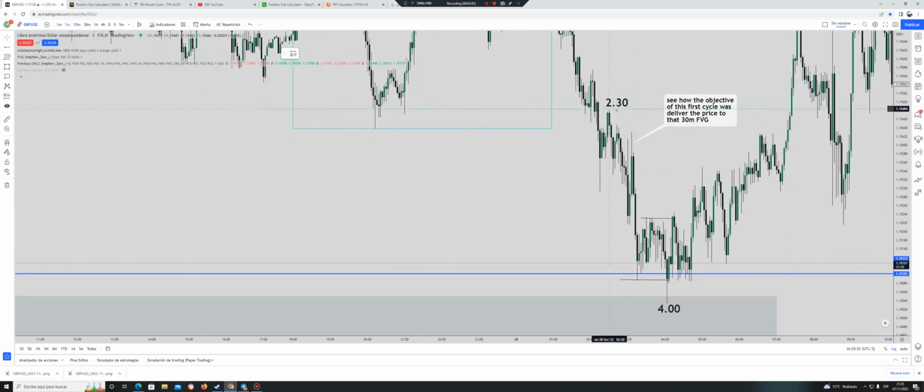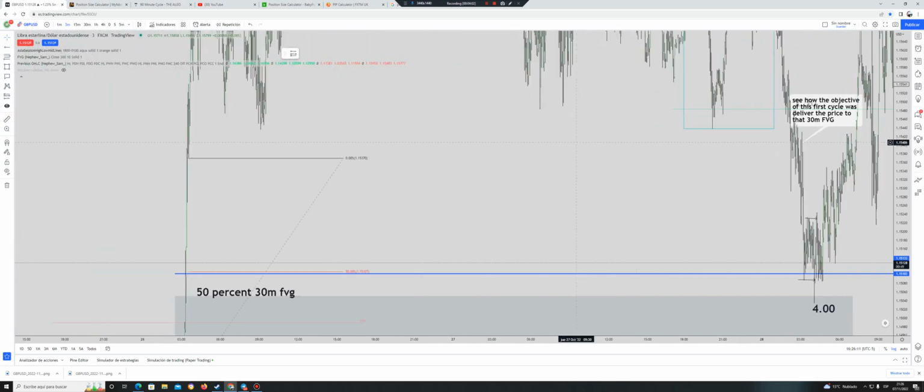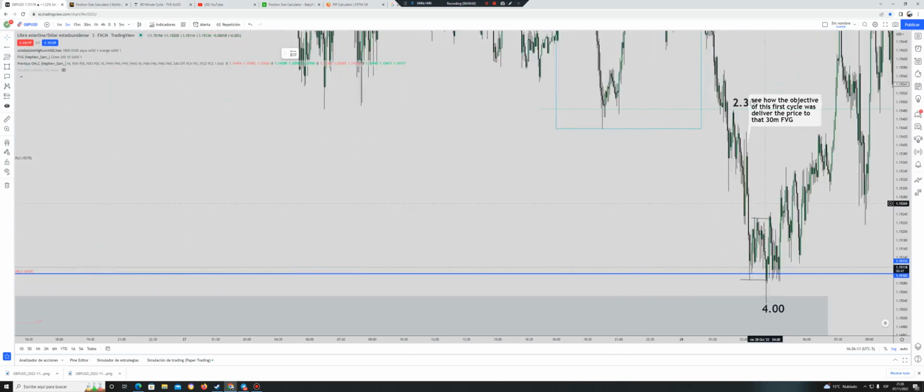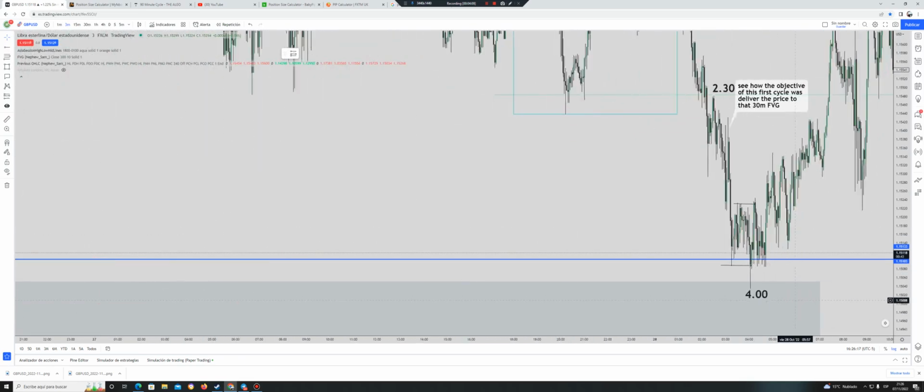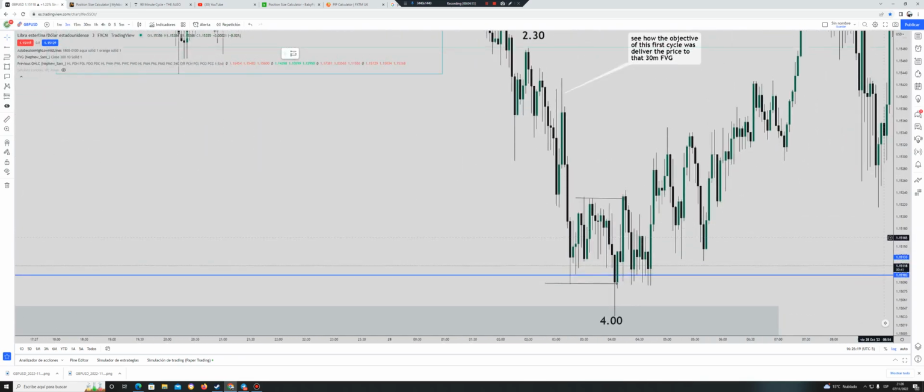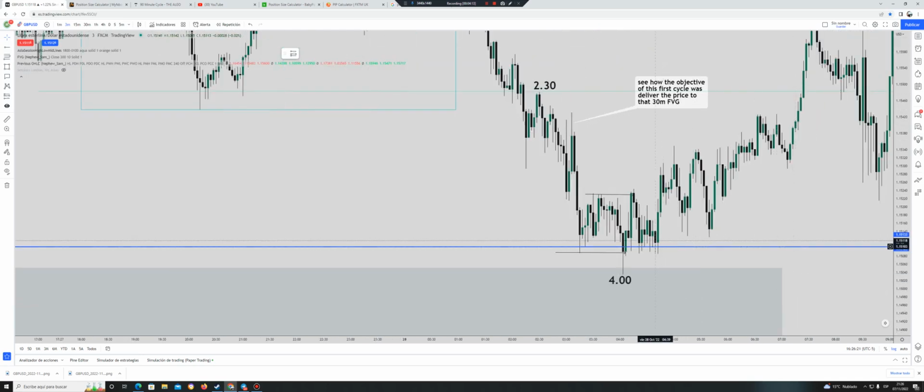Here we got 2:30. Look what it does, it doesn't have a big volatility, but now look how the 2:30 yen goes down, taking Asia low, taking that liquidity from Asia low, and from those lows coming to this fair value gap here, to the 50% of the fair value gap. And after that, just look how